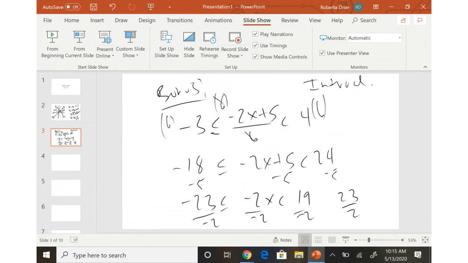Now, watch what we're going to do. Less than or equal to, or greater than or equal to x, which is greater than negative 19 halves. Notice that we have to rotate the inequality even here because we've divided by a negative. How do I write this in interval notation? Negative 19 halves to 23 halves. This gets the bracket. That gets a parenthesis.